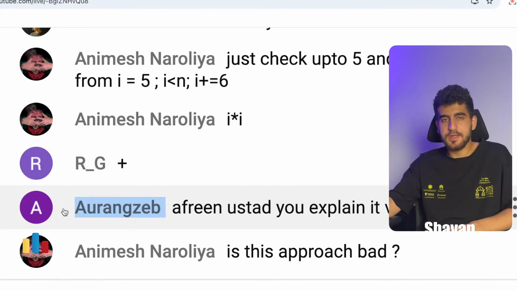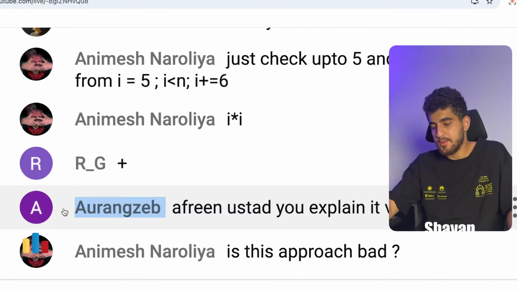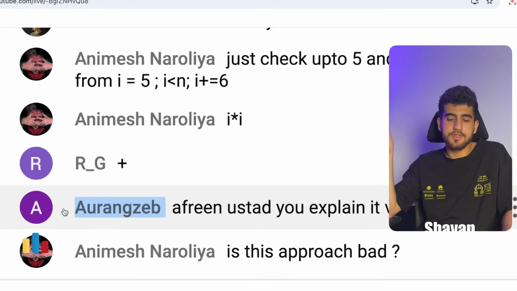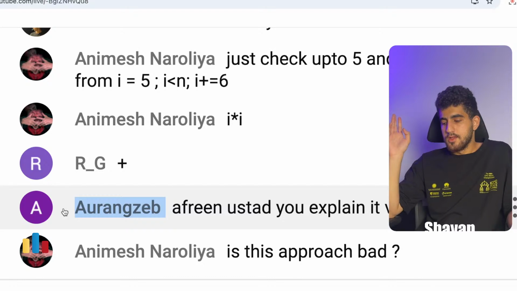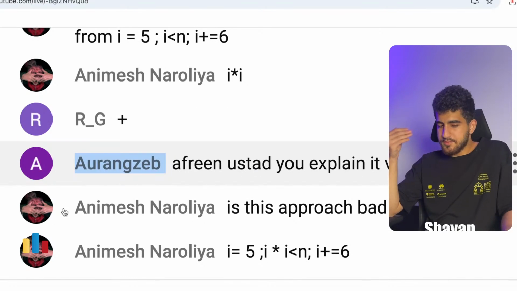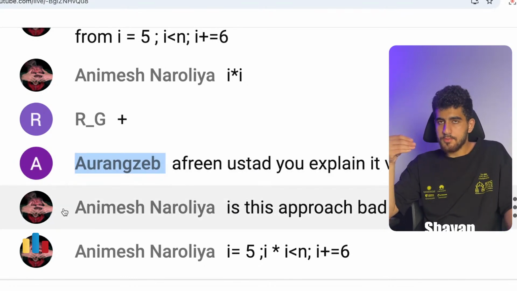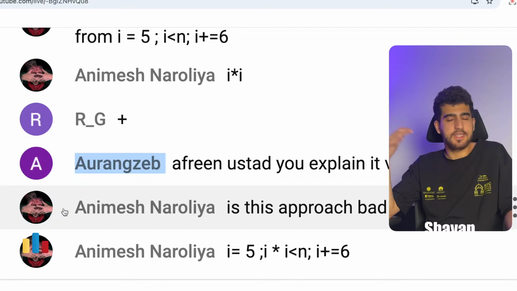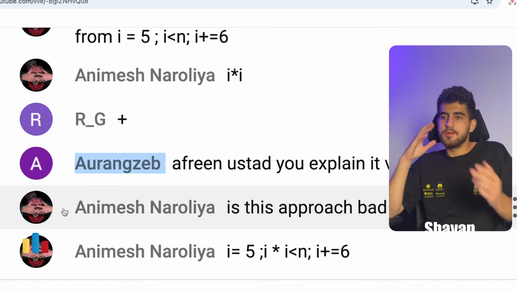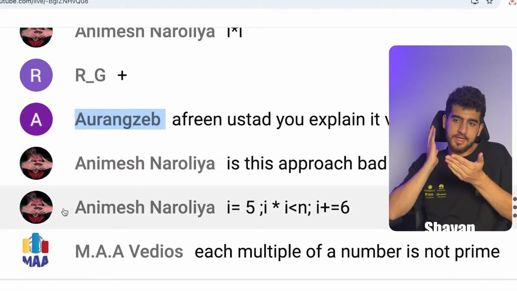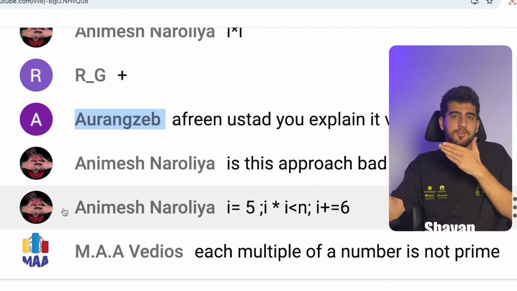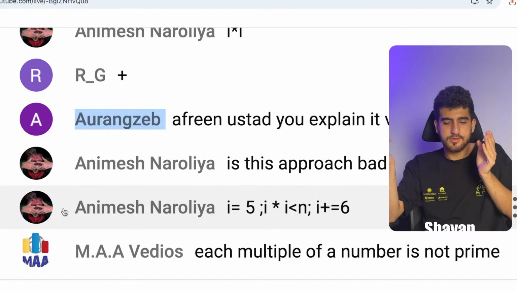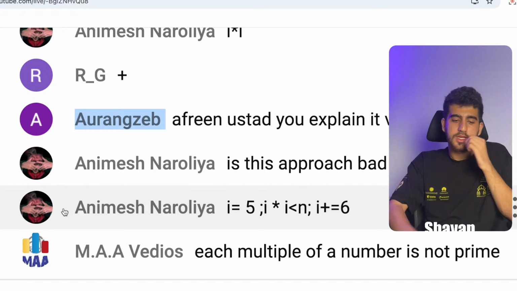This is better. I mean, this approach is better, but this is not still the best approach. We still have a better approach for the problem of finding all the prime numbers from 1 to n. But in order to find out that one number is a prime or not, we can do it in O of square root of x. That is a good approach. The point is that we do not need to really do this function for each number individually. We have a better way of finding out all the prime numbers.